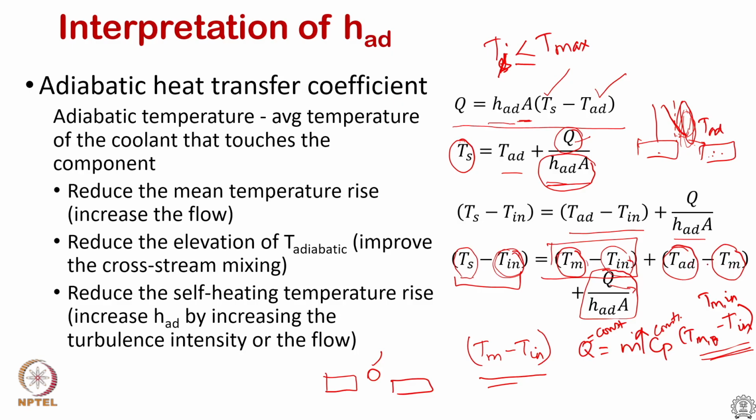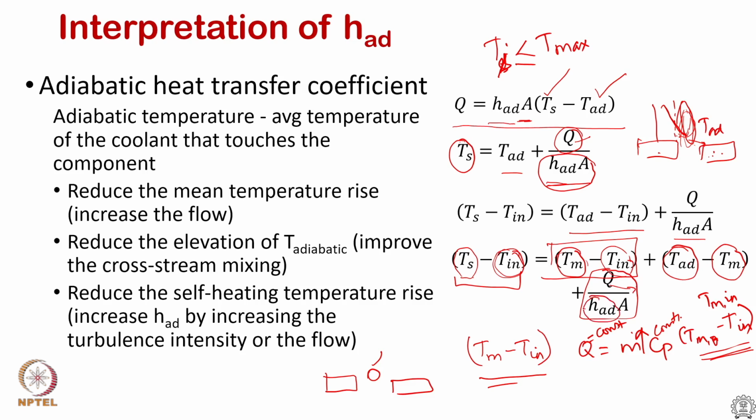Any difference between the two is caused by the non-homogeneity or the stratification in the temperature region. So, that mixing, if we promote it using mixing promoters like cross cylinders or scoops or other vortex generating devices, then you can improve that. The last one is the self heating part, which is dependent on the heat transfer coefficient